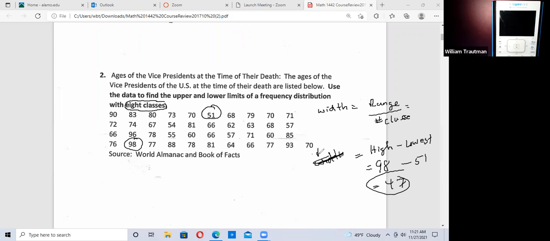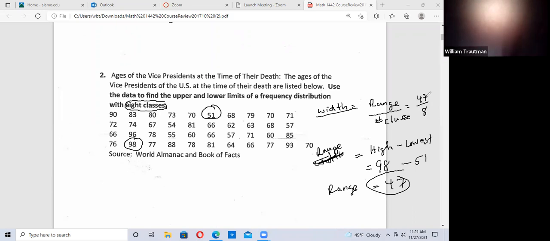Maybe I shouldn't have put width there. I should have put range. Here's our formula for width. So this is our range, and range is 47. The number of classes is 8. So the formula is 47 divided by 8 on my calculator. 47 divided by 8. And in decimal form, I get